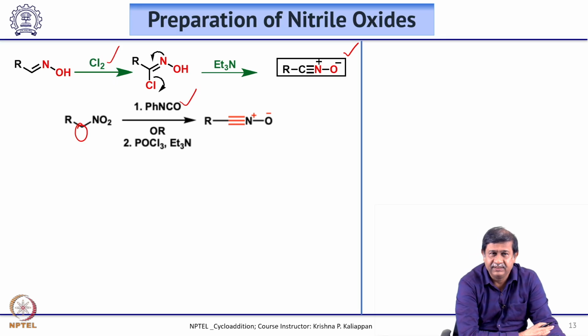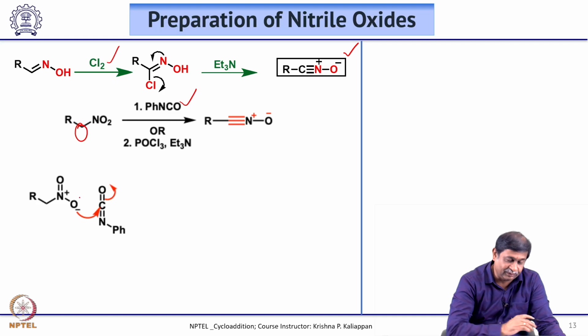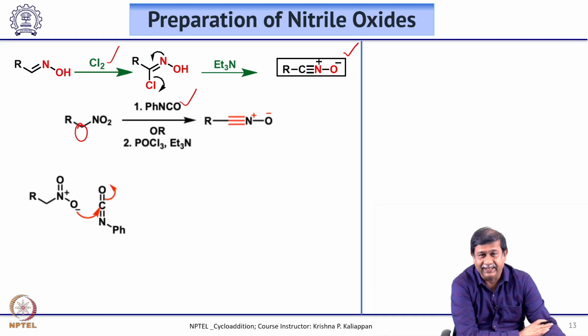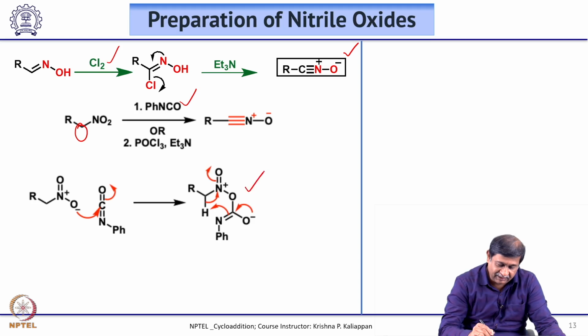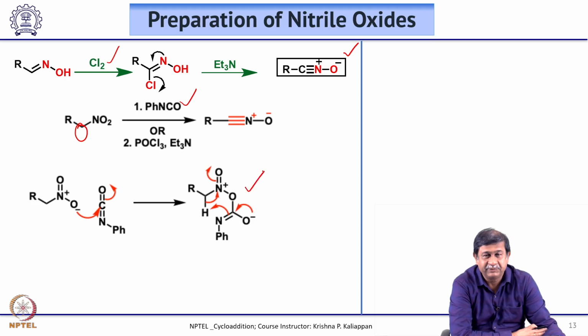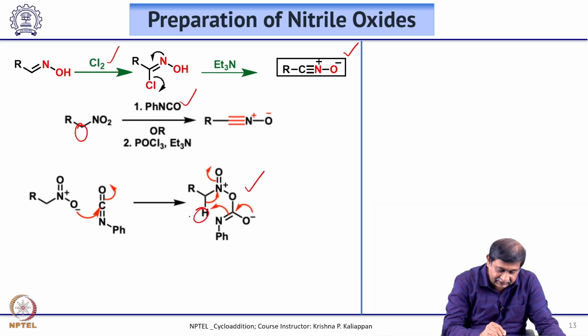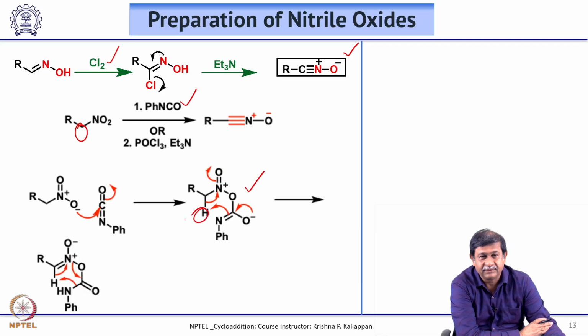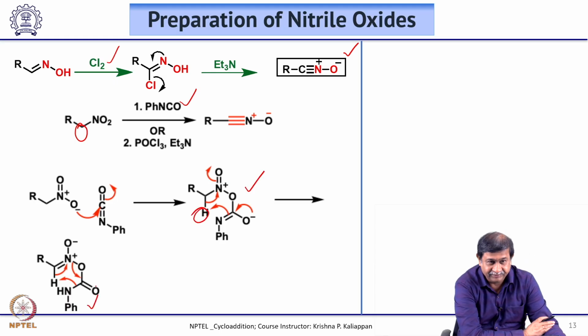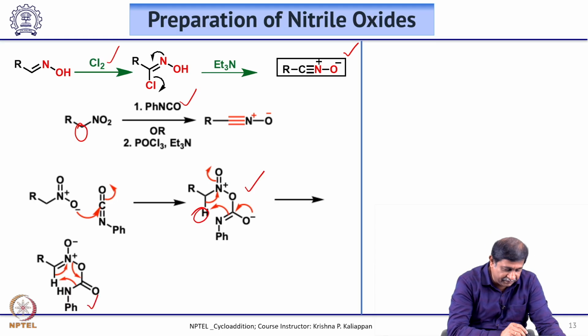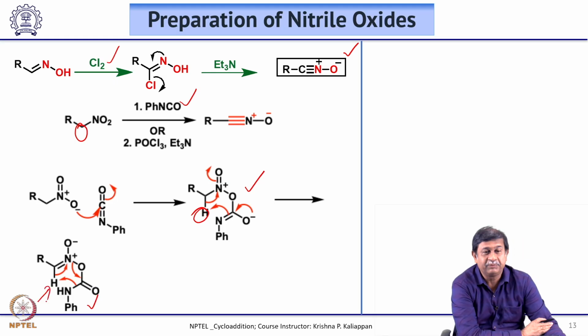How does it happen? When you take this nitro compound, the oxygen of the nitro attacks the isocyanate to form this intermediate. Once you have this intermediate, then through a 6-member transition state, this hydrogen is picked up to give this intermediate. Here you can see you have the amidate. Now again this will pick up this hydrogen using a 6-member transition state to give the nitrile oxide plus amine